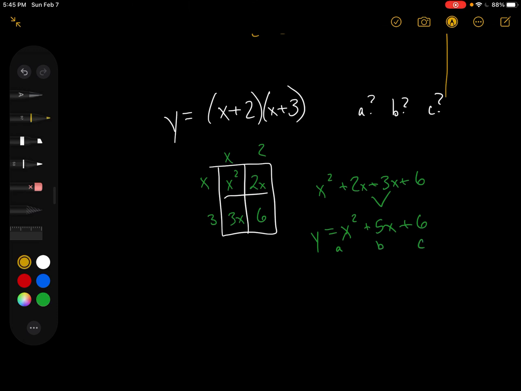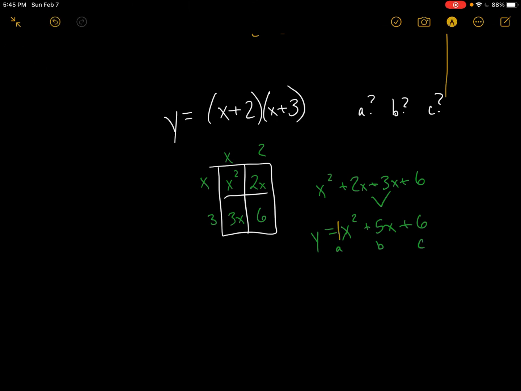Now we can go through and label a, b, and c. Remember, there's an invisible 1 there, so we can say a equals 1, b equals the number 5, and c equals the number 6. So our y-intercept for this one, a little bit of calculating needed first. We can say that c equals 6, so we would cross the y-axis again at c equals 6. So two different types of formats where you're going to see y-intercepts and need to solve for them. In both of these cases, we need to bring it back to that original standard form with the x squared, the x term, and the constant. And whatever the constant is in that case, that there is going to be